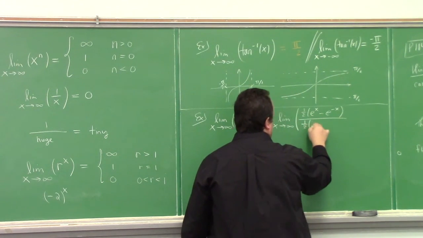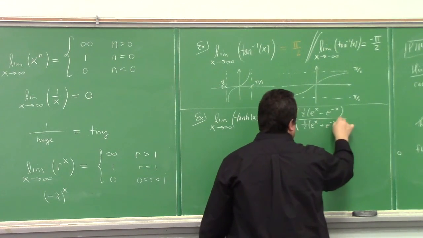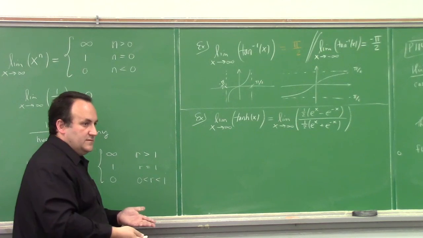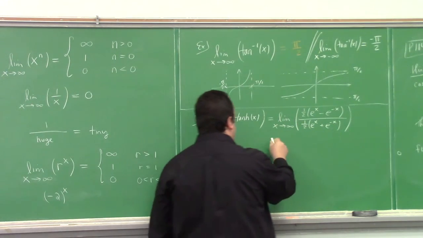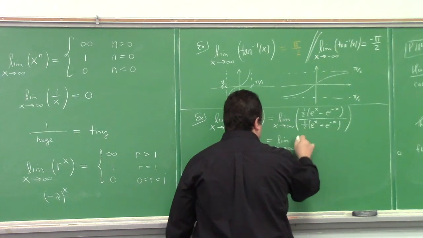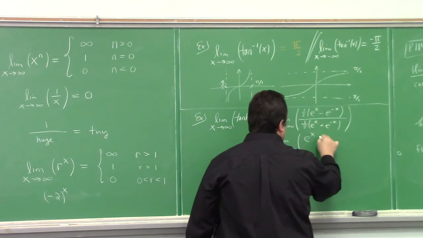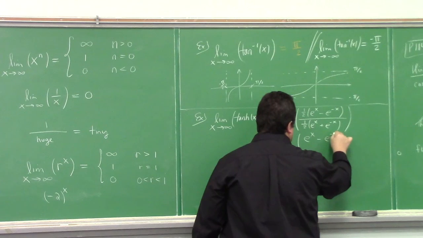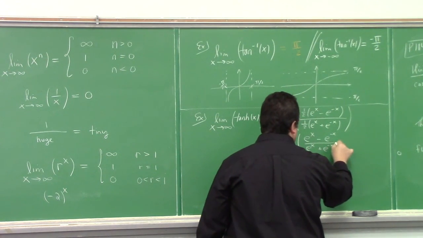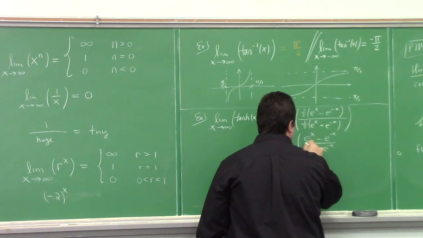And then you get 1/2 times e to the x plus e to the minus x for cosh. The halves cancel, and then look at what you're faced with. Look at what you have to grapple with. e to the x minus e to the minus x over e to the x plus e to the minus x. Right. So what